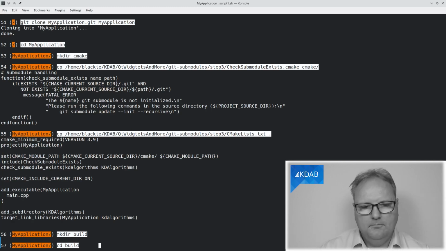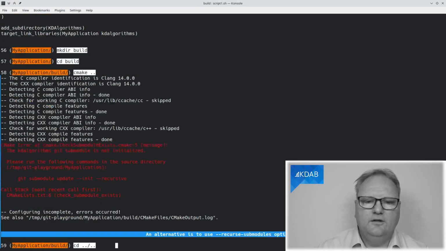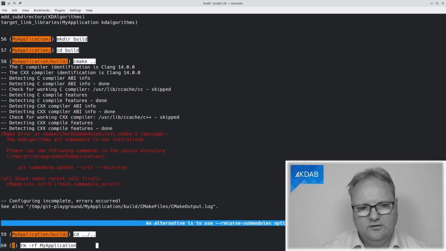And if I do that, make the build, cd build, cmake ..., now I got red again, but this time the red says, please run the following command in this directory. And that is easy to do now. So I could do that. Okay, you might already have seen this from the blue line below. There is an alternative, namely specifying --recurse-submodules, which would then recurse into the submodules. But I'll still have that other code in there.